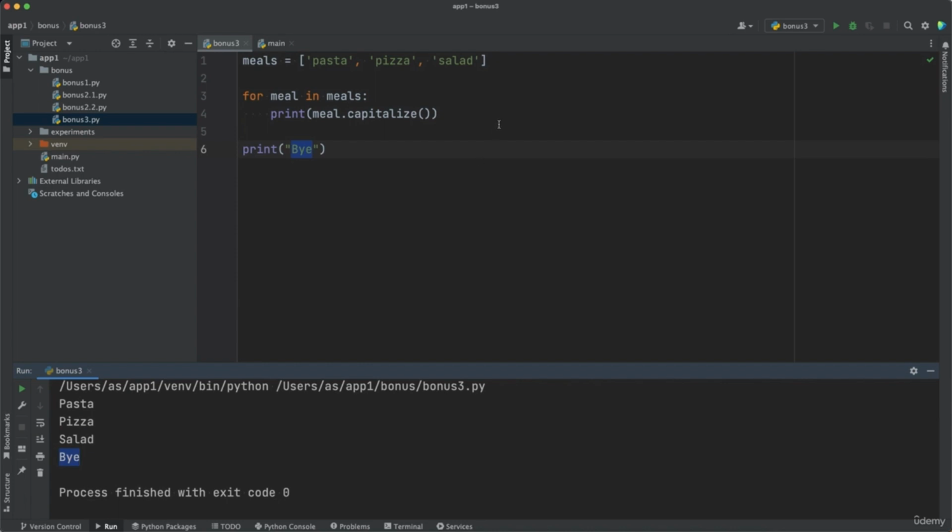So the for loop behaves like the while loop. The difference is that while loops run as long as a condition is true, and for loops run as long as there are items in the list which is being iterated. And you can also iterate over strings, not only over lists. So here we are iterating over this list. Now, if you change meals to a string, let's say like that,